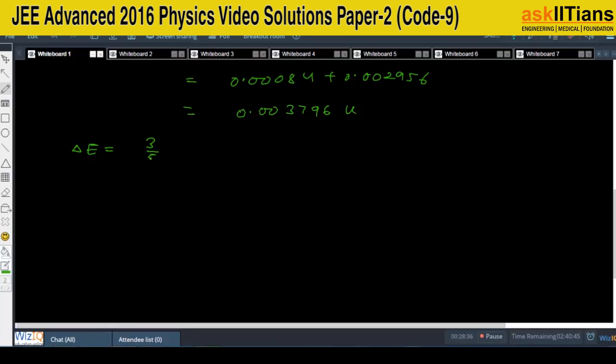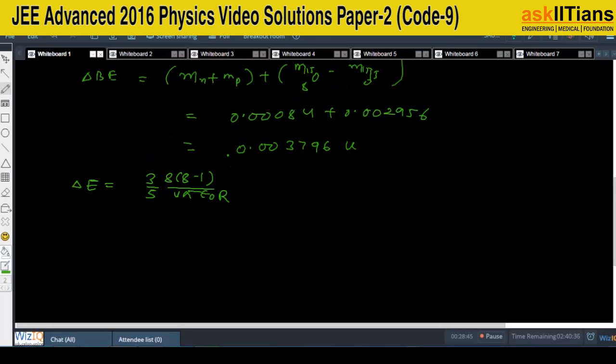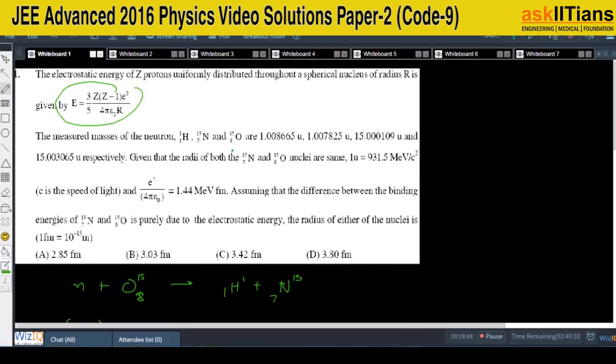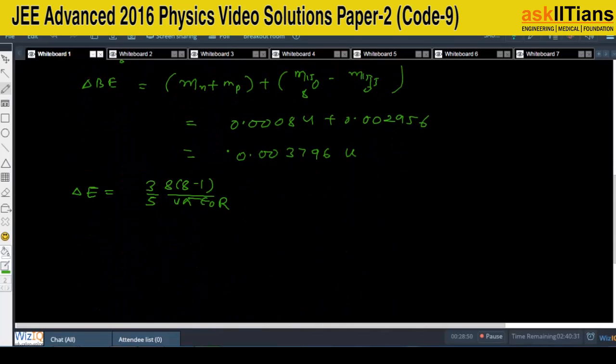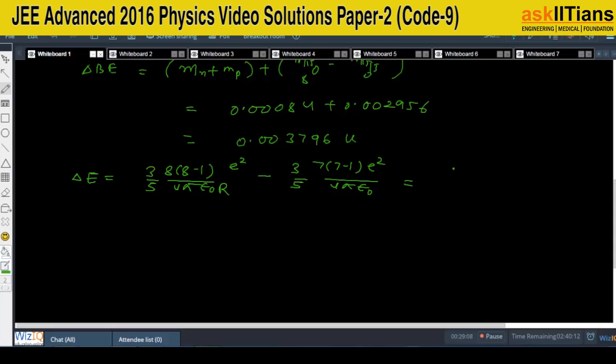That is 3/5 times 8 into (8 − 1) times e²/(4πε₀R) for oxygen, minus the value for nitrogen, 7 into (7 − 1) times e²/(4πε₀R). We are also given the value of e²/(4πε₀) from the question, and that should be equal to